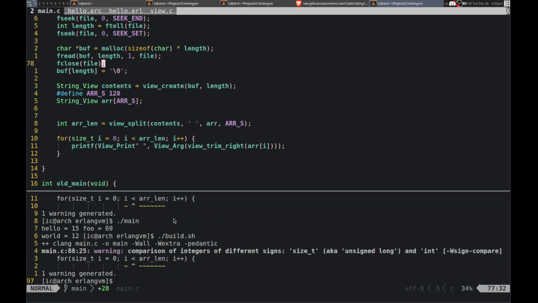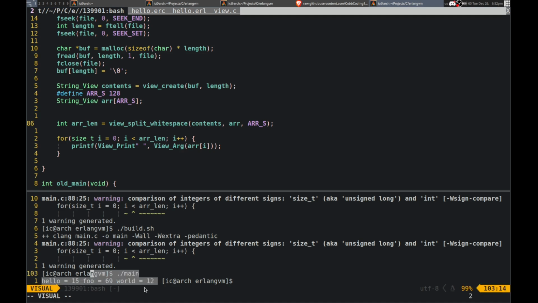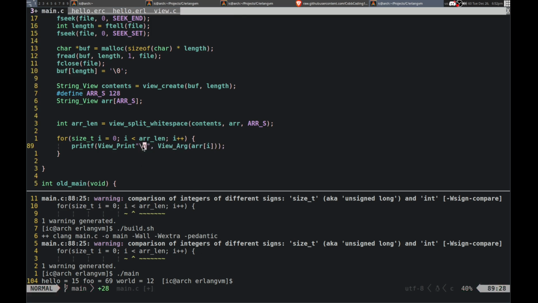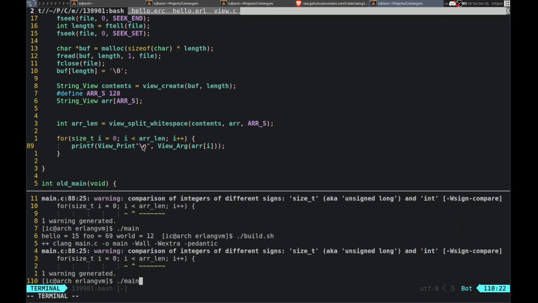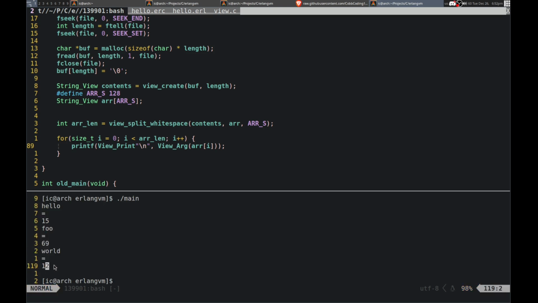So build that. And let me change this, I can get rid of that, but instead split white space. And I don't need to pass this. Alright, and now it worked. Okay, that's good then. So that is more what I wanted. Now, if I put a new line on each one, you can see sort of what's going on here. It's basically an array of each different word in here. We do have an empty one for some reason. That's okay though.